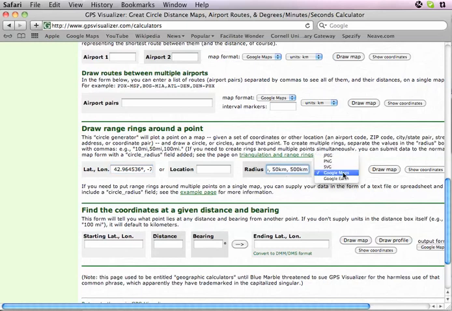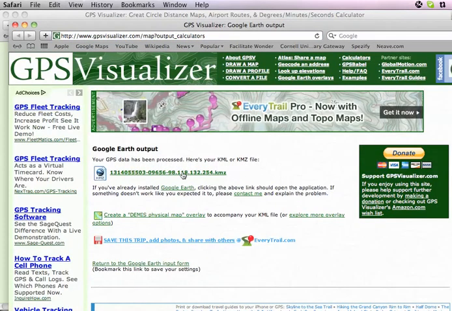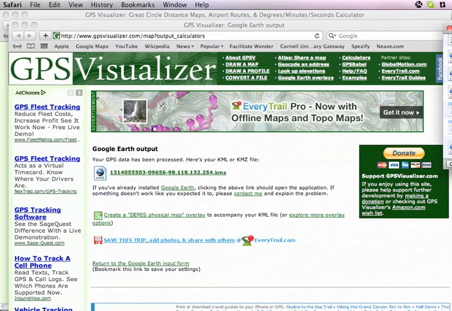And we want our output to be in Google Earth, and these are going to draw range rings around our spot. Range rings are when you see on a map stuff that's within 100 miles of a city or something like that. Those circles are called range rings, and we're going to draw a bunch of them right now, just like this. I click that button, I download the file,